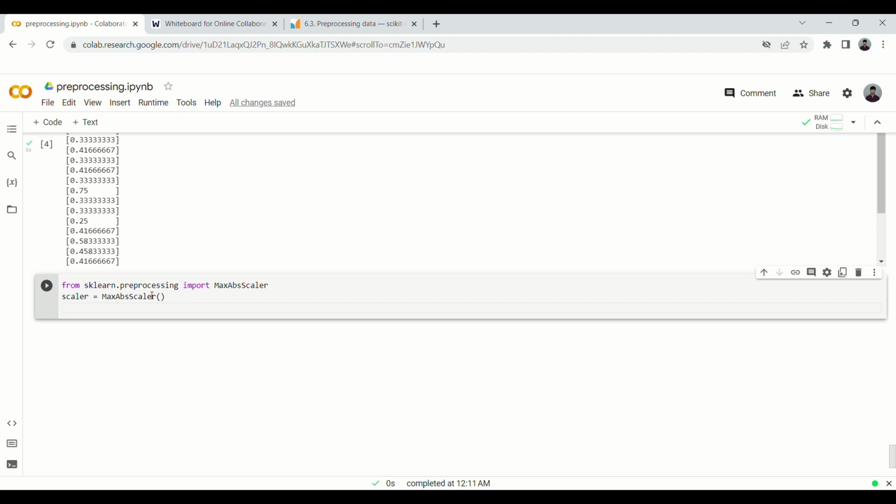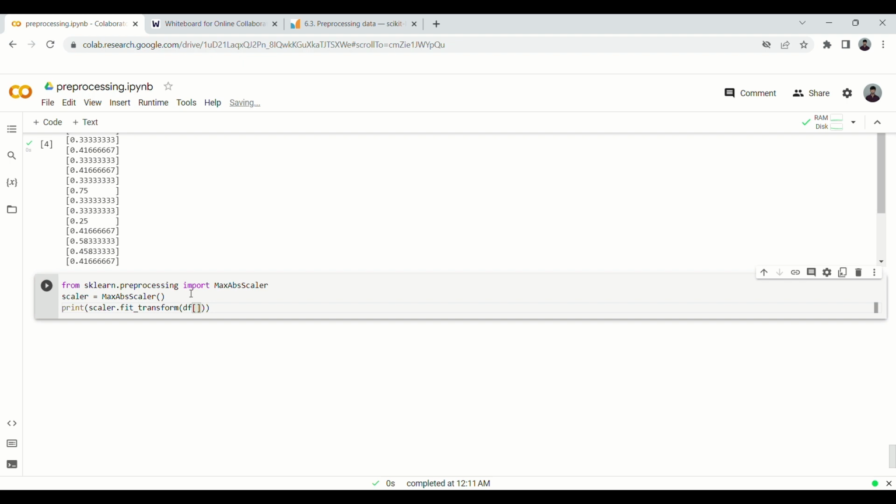All these have basically just three lines of code. You have to take a variable, initialize the scaler, and of course import the scaler before that, and then you have to fit_transform it on the data set or the feature that you want. So now the print statement and scaler.fit_transform